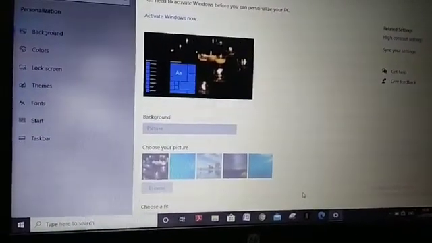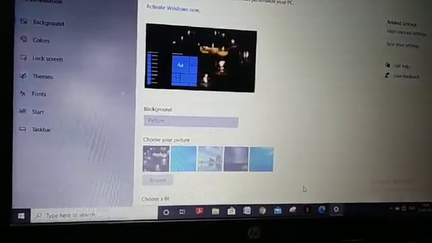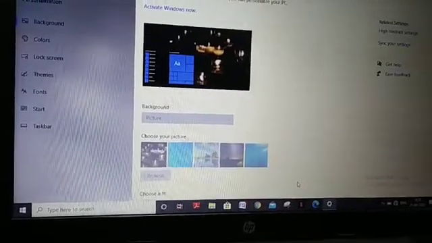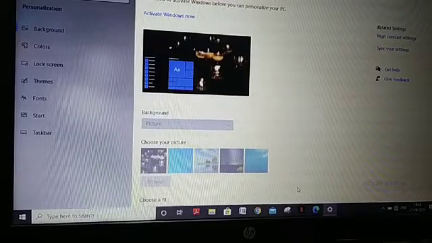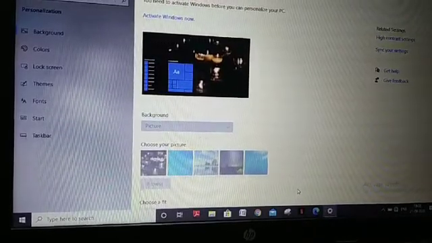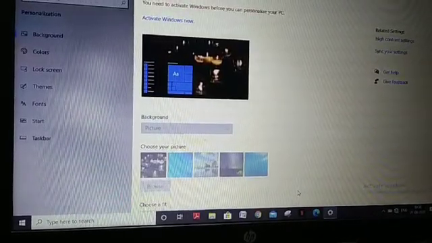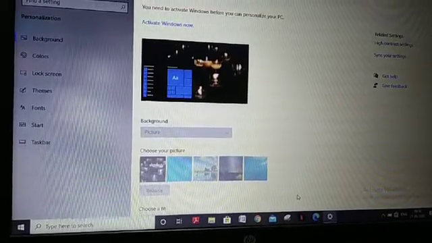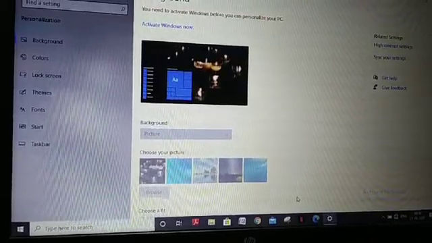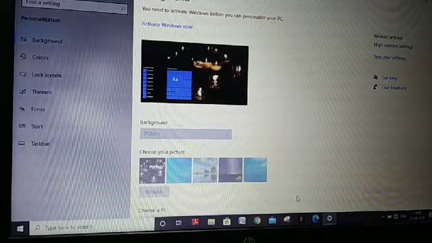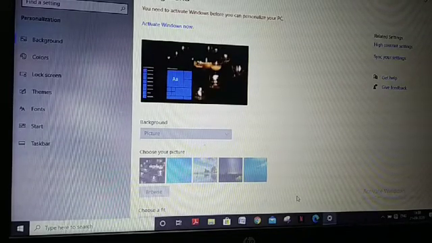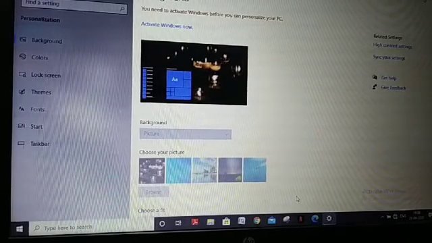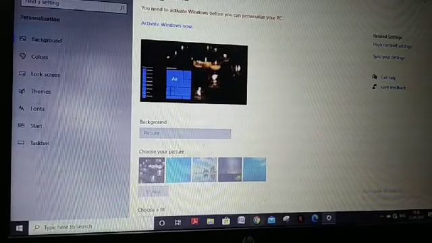Understood? It's very easy. When school opens, in the computer lab you all will change the desktop background of the computer. Did you understand how to change the desktop background? Clear? Because this is Windows 8, this is different, no?